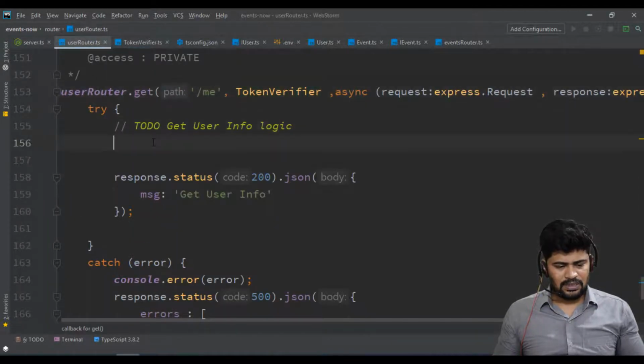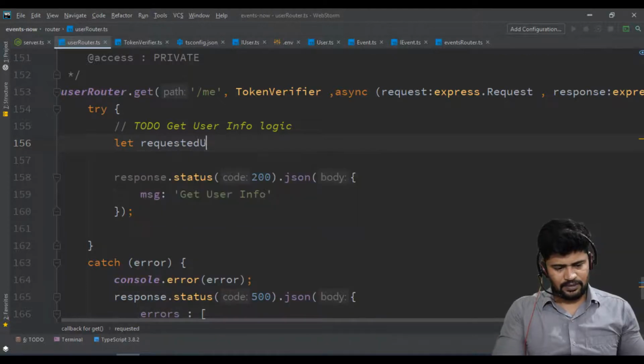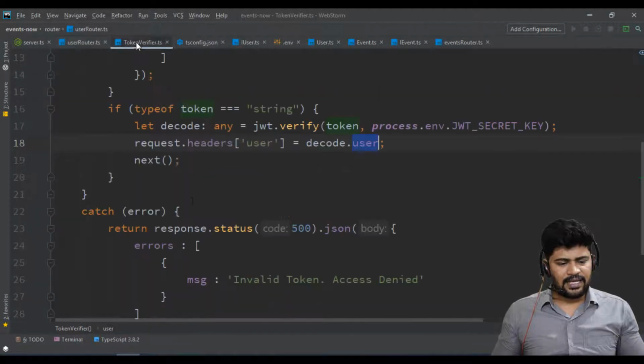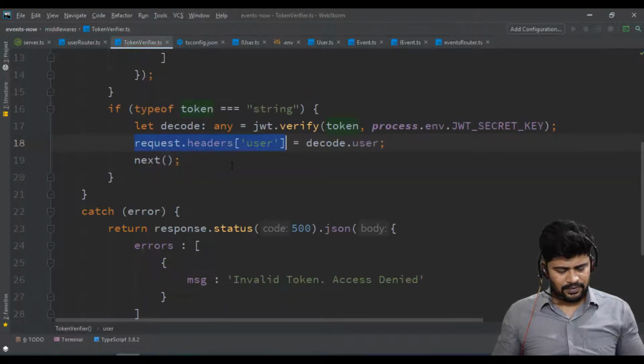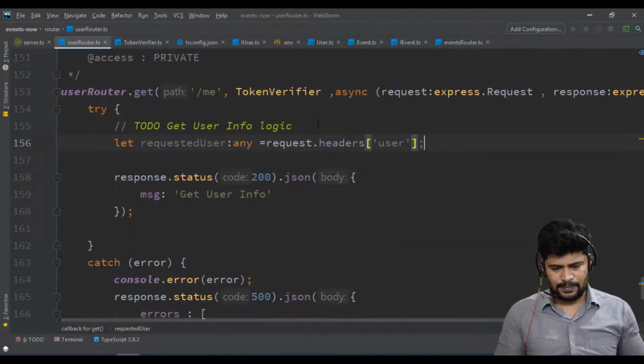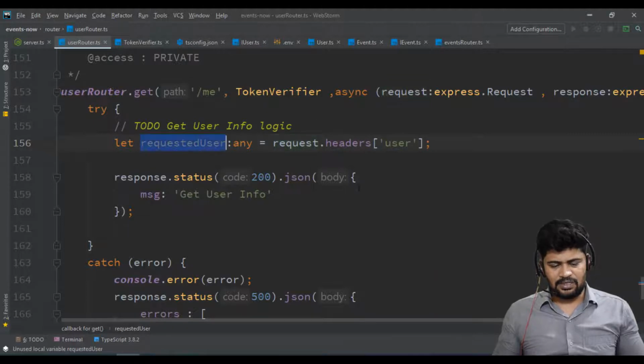So here, let requested user of type any is equal to, how do you get user data? I kept it in the request header, so you get it from the request header only. You get it from the request headers, and user dot id you provide.